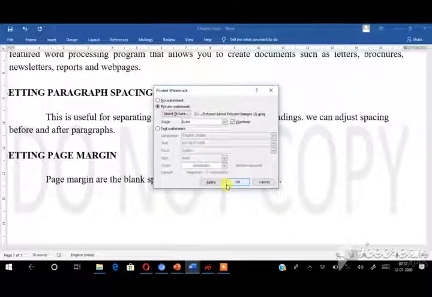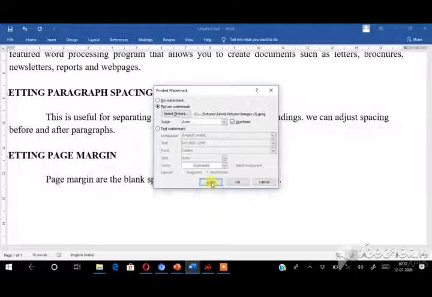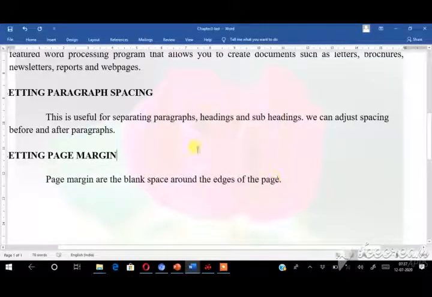And then you have to click the apply option. Now your picture will be applied as a watermark in your document. See here, now this image is applied in your document. This is the way you can set the custom watermark.